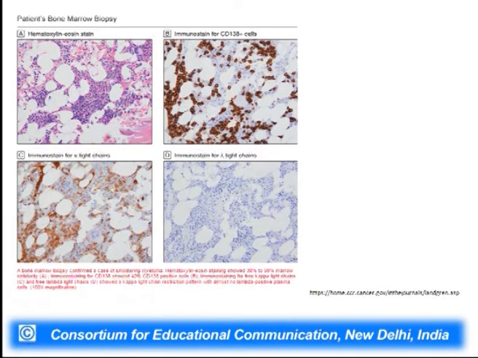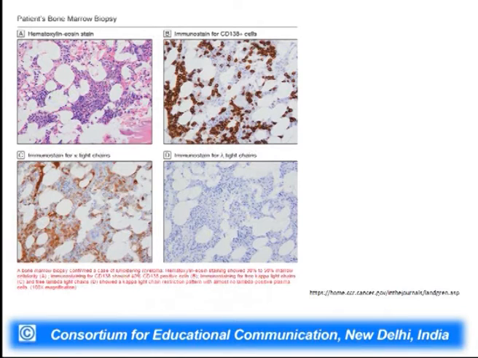Now, these are the histochemical slides or pathology slides which have been prepared from the bone marrow samples collected. The various slides are prepared and stained with the help of various dyes, and immunochemistry is done. Over here we can see the hematoxylin and eosin stain. Then there are various immunostains available, which can target or detect the characteristic cells present in that particular type of cancer. The kappa light chains or the gamma light chains can also be detected.